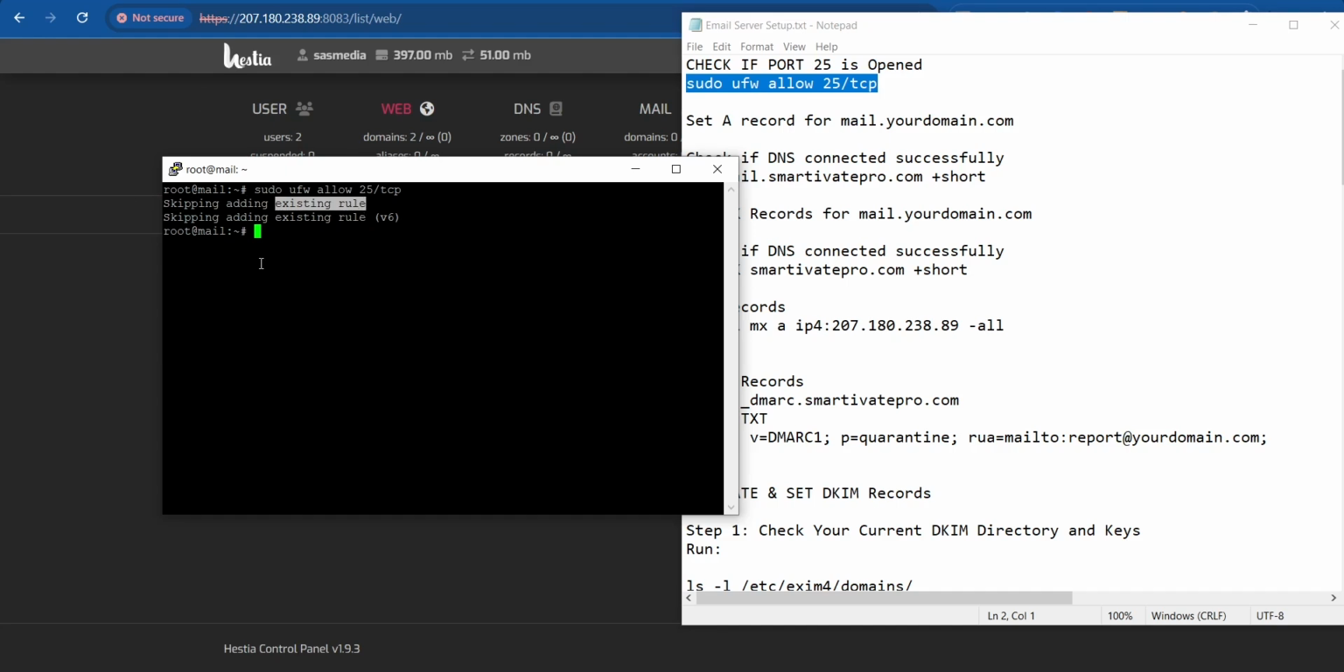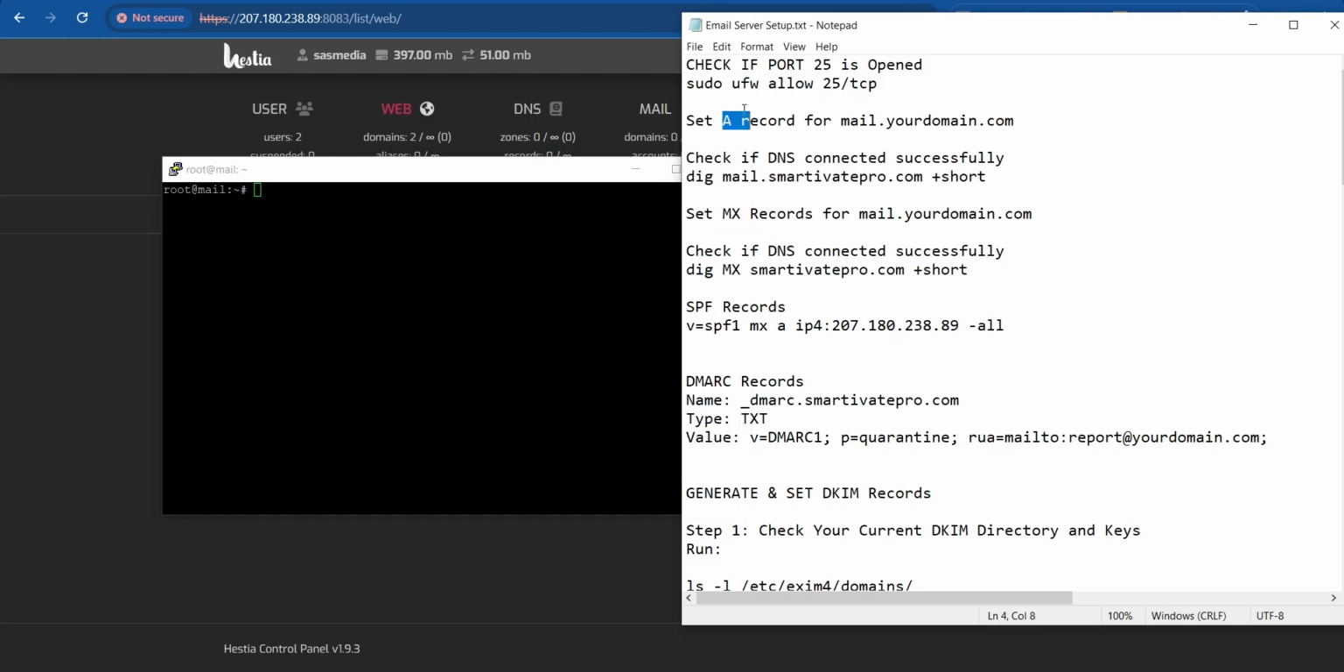That's good. That means port 25 is opened by default. Right, so I'm going to clear my screen once again. Right, so now we have established that port 25 is opened by default. Now the next thing is to set an A record for our mail